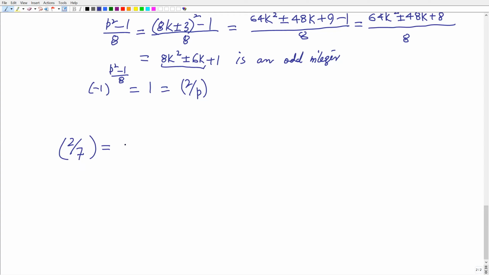So this will be minus 1 to the power (7 square, means 49, minus 1) by 2. So 49 minus 1 is 48. 48 by 2 is 24. So minus 1 to the power 24 is 1. So the Legendre symbol of 2 for 7 is